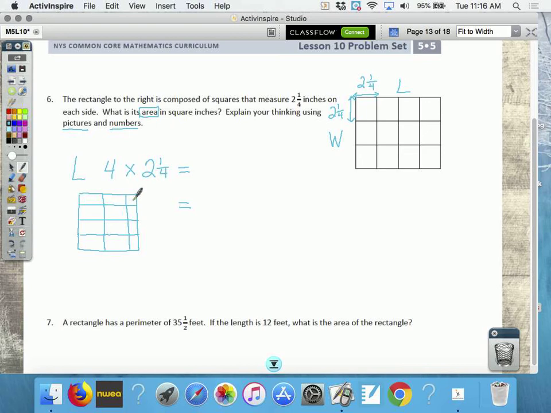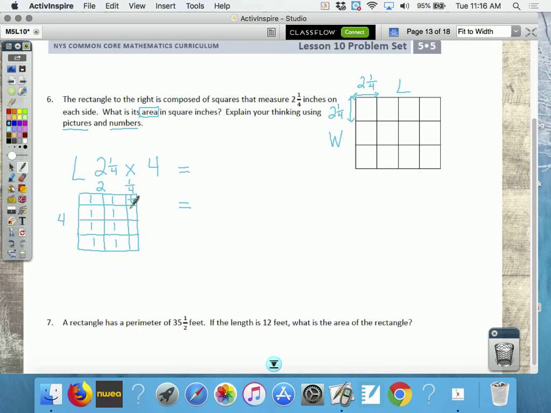Now, I need to change how I wrote this. Because I want to keep my length and my width the same. So this is 4, and this is 2 plus 1/4. And that's the problem we just wrote, right? Yep. Okay, to figure it out, I just want you to put your 1s in and your 1/4 in and